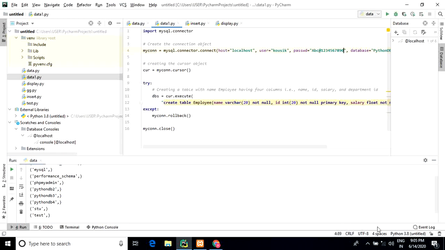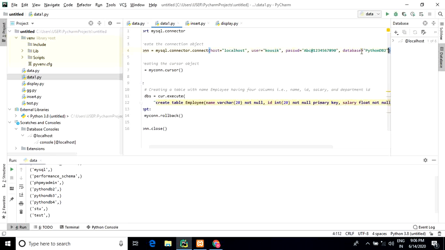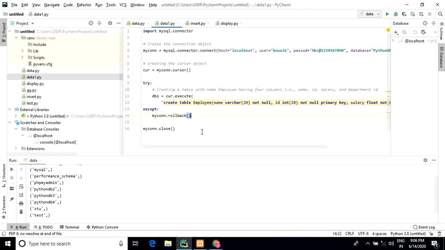But here the database name is Python DB3, so it can be changed to Python DB4. Now the same code will be executed: the connector class, cursor set, execute.